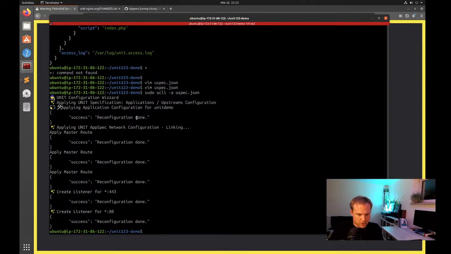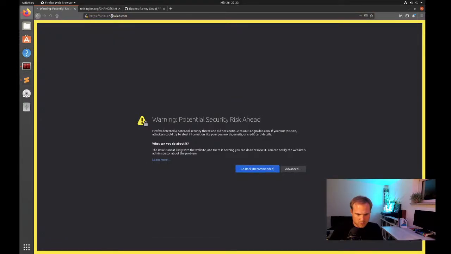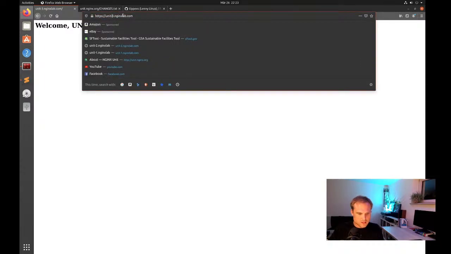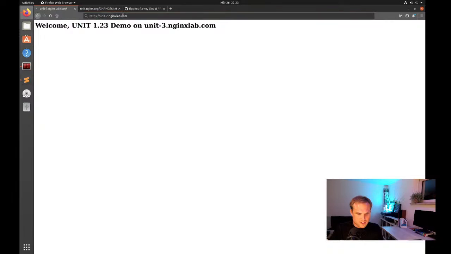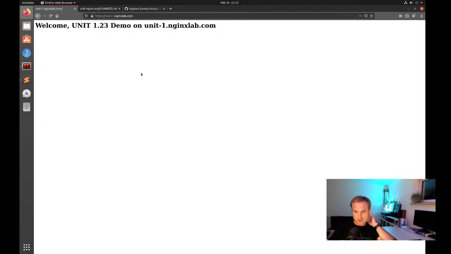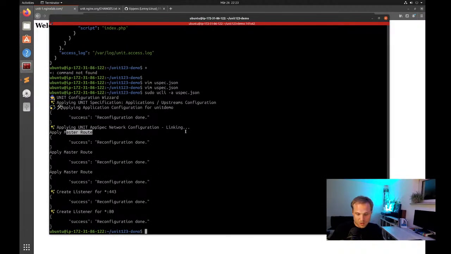So the reconfiguration is done. We configured the application. We created the master route. We apply the master route. We configure the listeners, certificates. So now let's see what's going on here. Awesome. So this is now using the right certificate, unit 2, unit 1, unit 3. It's all using the right certificates. And the only thing we did,